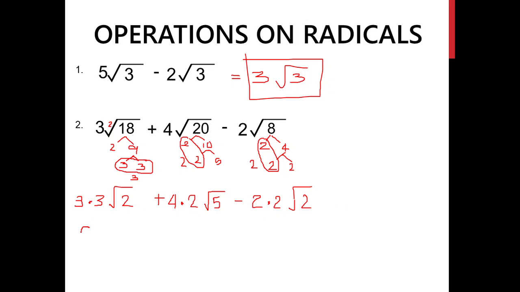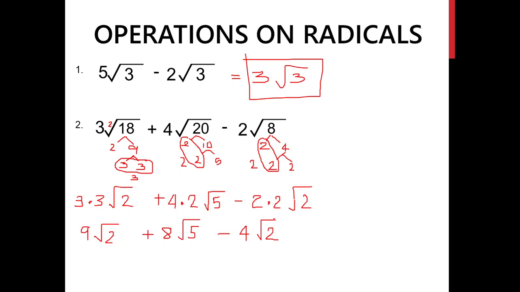3 times 3, that is 9 square root of 2, plus 4 times 2, that's 8 square root of 5, minus 2 times 2, that's 4 square root of 2. Now, notice after simplifying this one, we now have